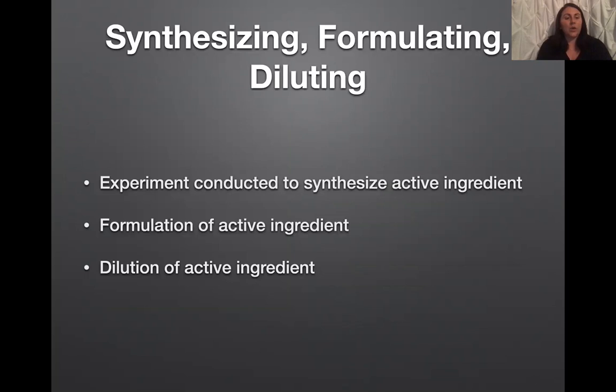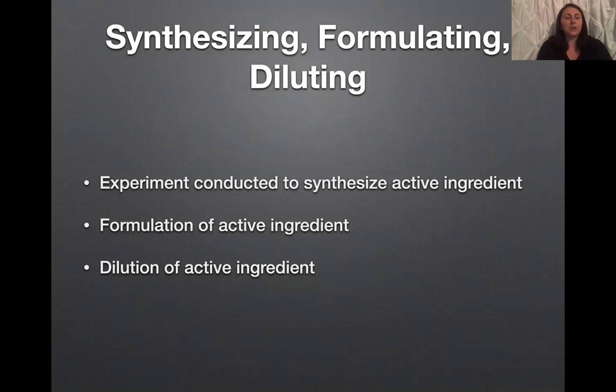So again, we're going to go over the steps of synthesizing, formulating, and diluting the pesticides and herbicides in the production of them. And it includes a very complex chemical experiment done by trained chemists in a lab setting. And these chemists are responsible for creating the active ingredient. And then this experiment involves specific reagents and catalysts and takes place in a controlled climate. So you can imagine writing a notebook entry about this and involving all of the catalysts and reagents and the equations and things like that.